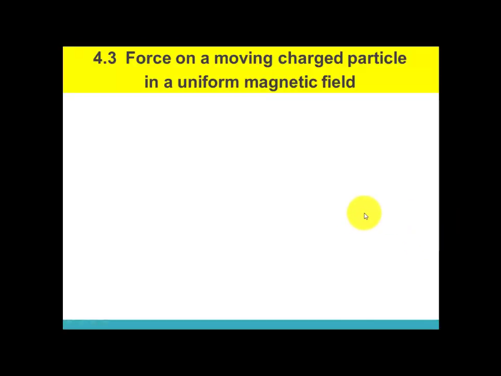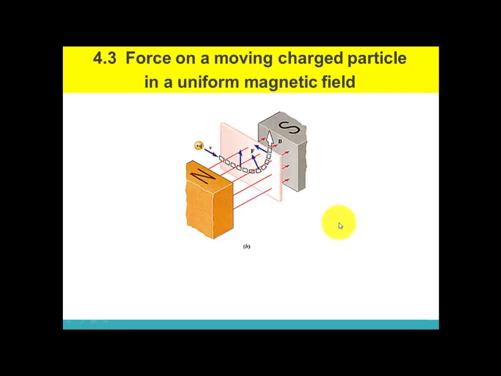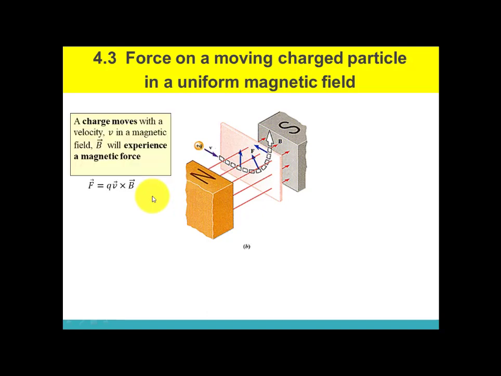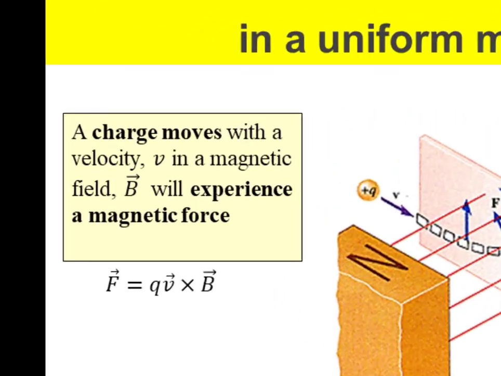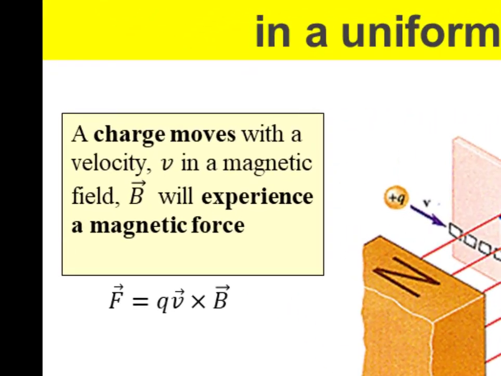Everyone, let us continue with 4.3, force on a moving charged particle in a uniform magnetic field. So this is a charge moving in a uniform magnetic field. This is the north, this is the south pole. So you can see the direction of the particle. A charge moving with a velocity v in a magnetic field B will experience a magnetic force using